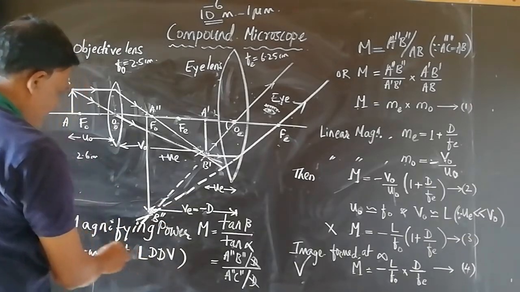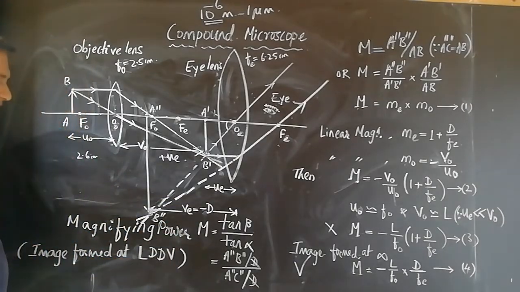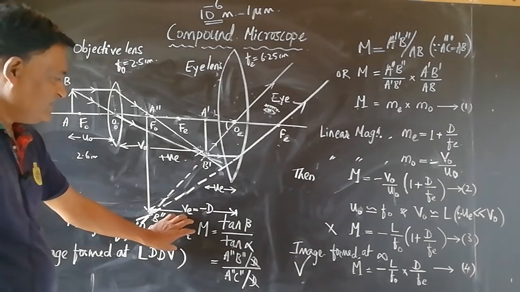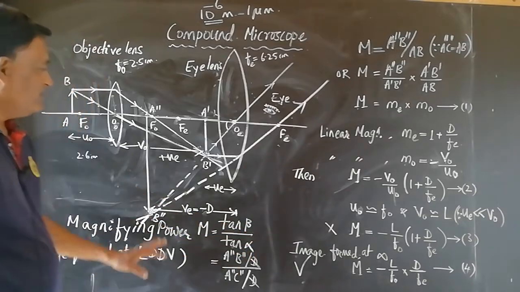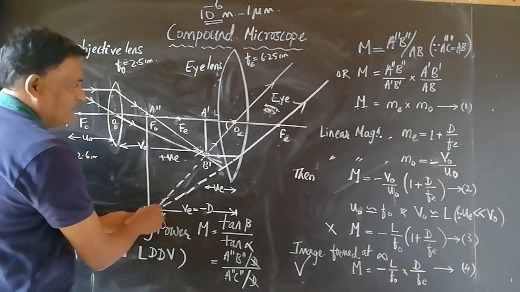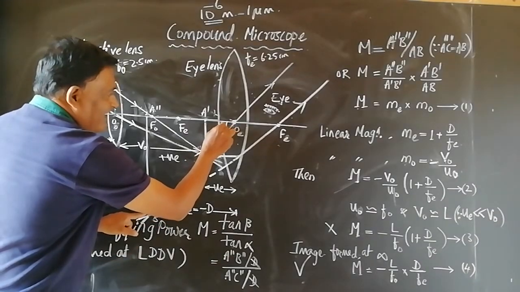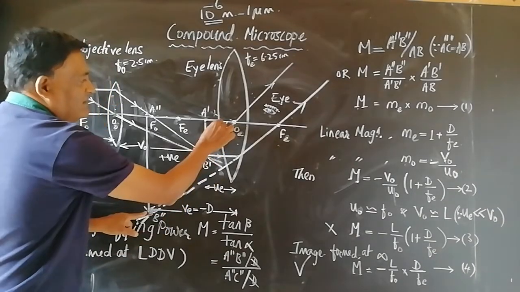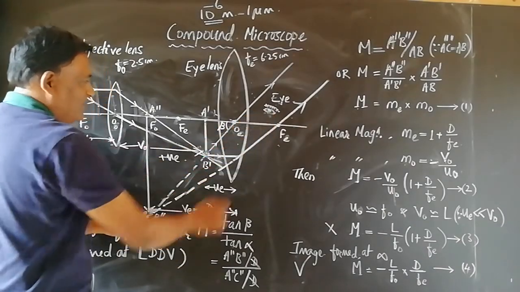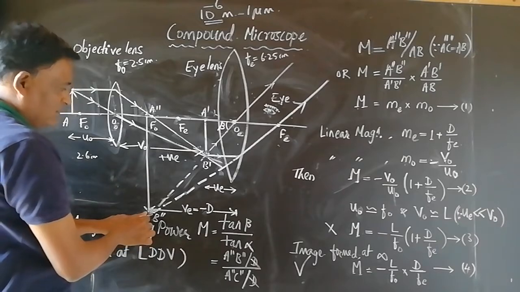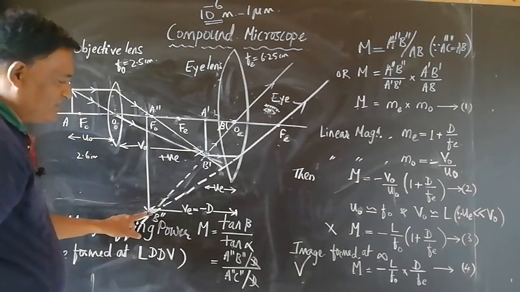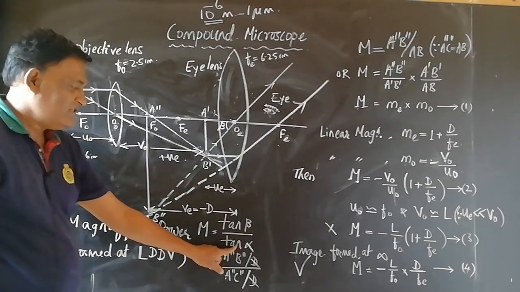Thereby we define magnifying power or angular magnification. Angular magnification is defined as the ratio of the tangent of the angle made by the image at the eye lens, or the eye of the observer, when the image is formed at the least distance of distinct vision, to the tangent of